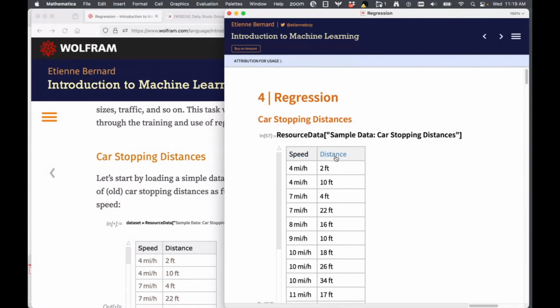We can frame this problem in two different ways. We can use speed as a feature and try to predict the stopping distance needed. Or if we wanted, we could use distance, the stopping distance, as a feature and try to predict at what speed this vehicle was traveling.